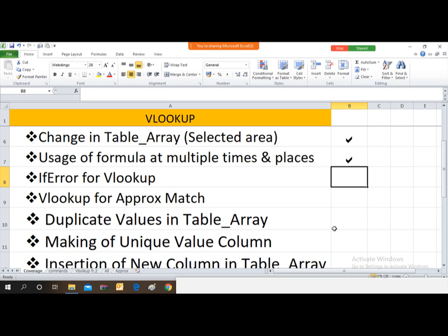Whenever some error comes, or VLOOKUP finds it difficult to match the lookup value in the table array, then it reflects an error. To remove that error, we use the IFERROR formula. It's up to you, you can also not use the IFERROR formula, but if you use it, it will just reduce one step for you.